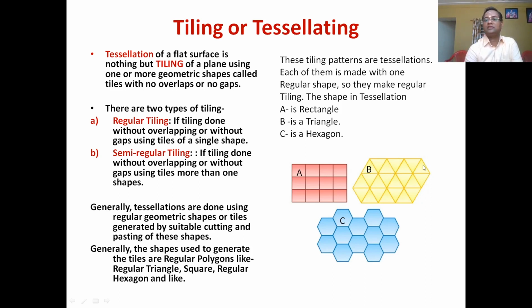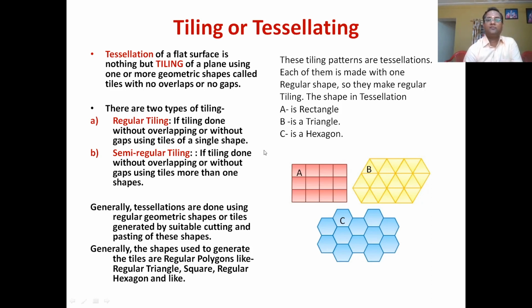So if you arrange the triangular tiles in this pattern, you can still tile a floor. In picture C, I have used hexagons to keep adjacent to each other without leaving any gap or overlapping, still tiling the floor. Okay.